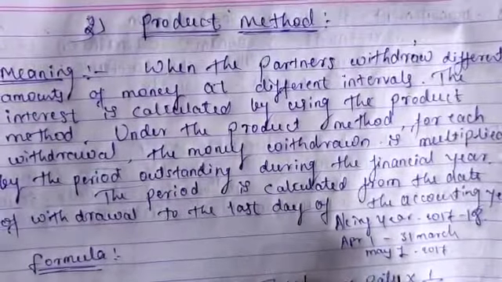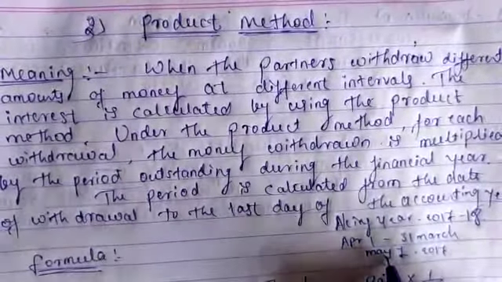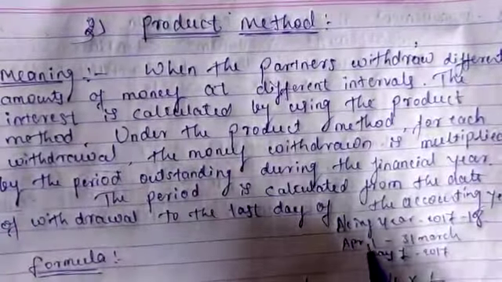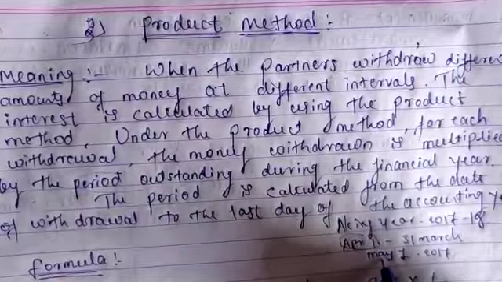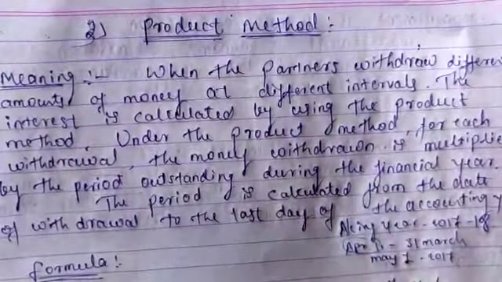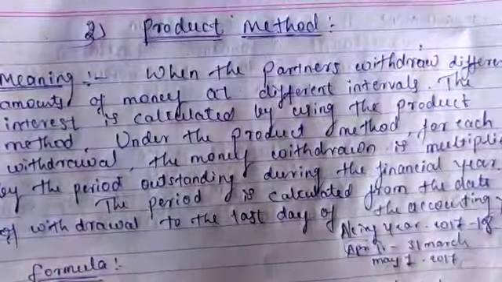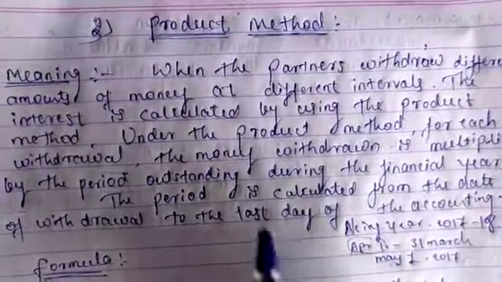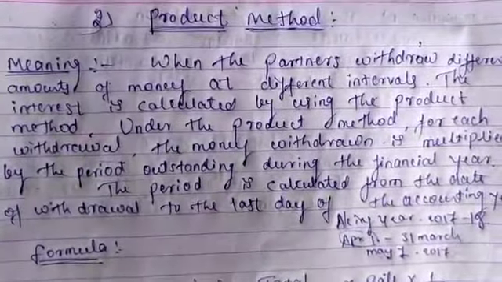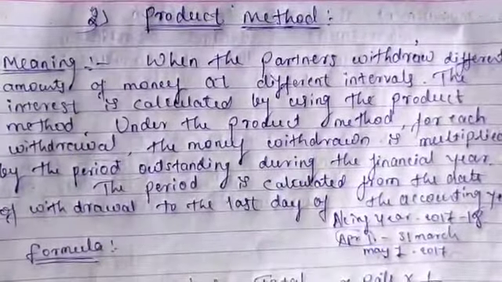So we have to calculate the outstanding period from the date of May 1st to 31st March. We do not consider the earlier date, we have to start from this one. May 1st to 31st March becomes 11 months. Those 11 months are called the outstanding months. That is the outstanding period here. The number of months we use the withdrawn amount is called the outstanding period.